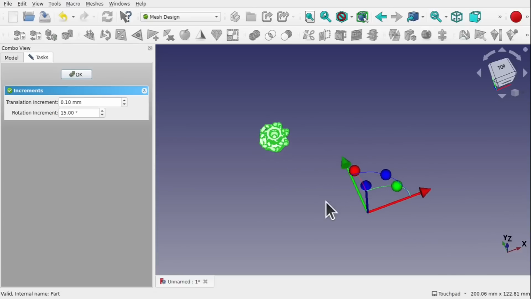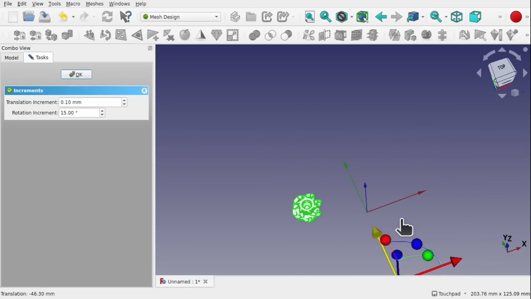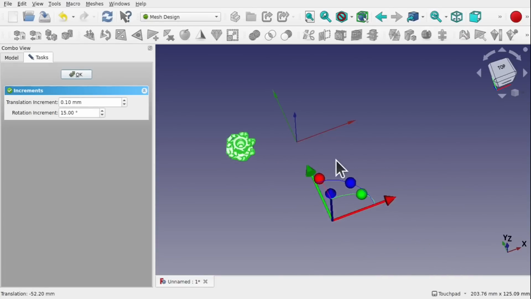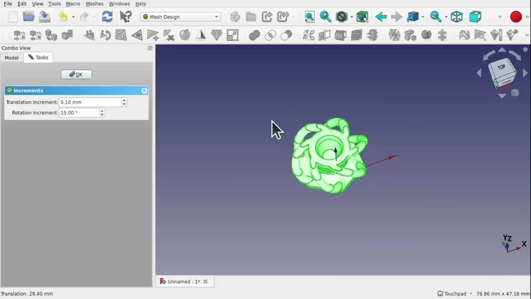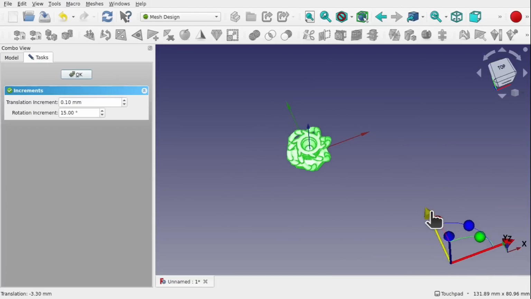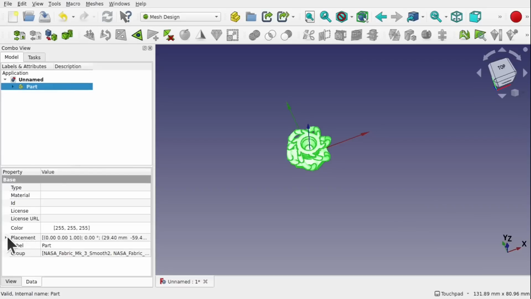So our axis cross is in the center here. I'm just going to move this into the center. I might even just move this